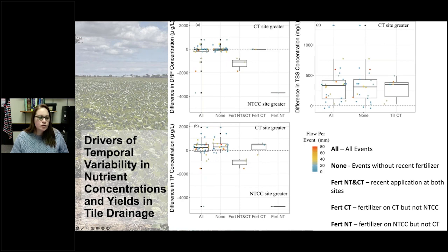The opposite was true for the conservation till site. For the most part, our total phosphorus was almost always greater. This shows us that it's not just around fertilizer application, that these are persistent in time. When we looked at fertilization, this is fertilizer application at both sites, we could see, so at this point in